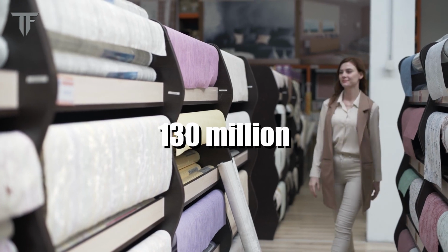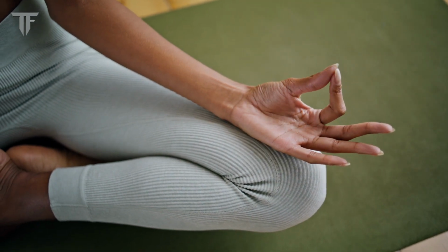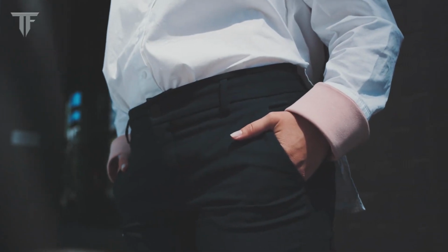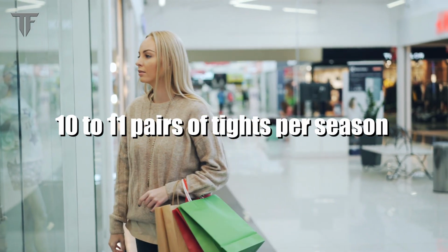130 million pairs of tights are sold in France alone every year. In this study, almost 2/3 of the participants indeed admitted that their tights barely made it past 6 uses. I mean, they didn't get bored of wearing them. The tights became unwearable due to their fragile nature. On average, women end up buying around 10 to 11 pairs of tights per season to keep up with the